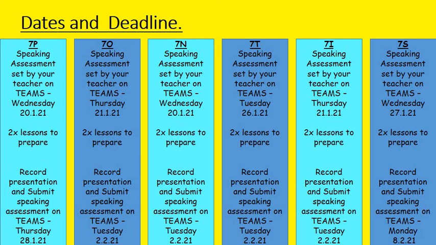In that Thursday Teams session, I will be telling them to go through the assignment, to listen to it and to check the task. They will then have the 2 lessons following that on Teams to prepare the work. Now this includes writing your script, your dyma fi part and your archarwyr part. Learn the work really carefully, go over it and ensure that you've learnt it off by heart. Then in the 3rd lesson, they will be expected to record that presentation and submit the assessment on Teams.